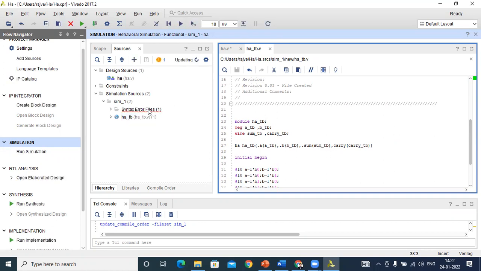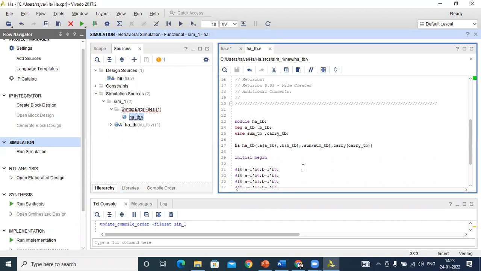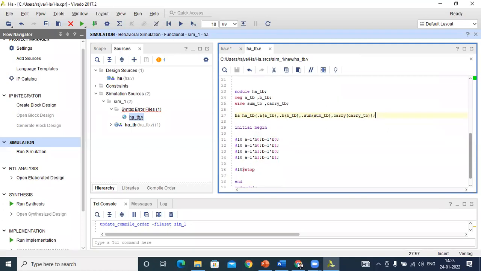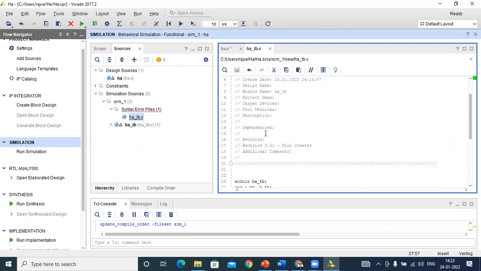I'm getting some syntax error in the test bench. I have not put a semicolon here. Again getting some error.